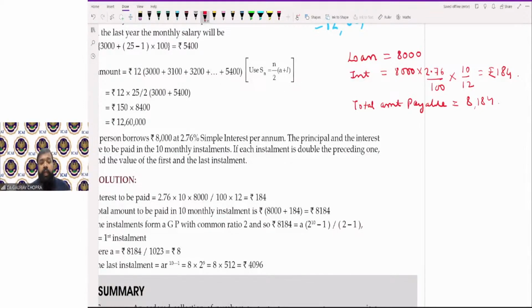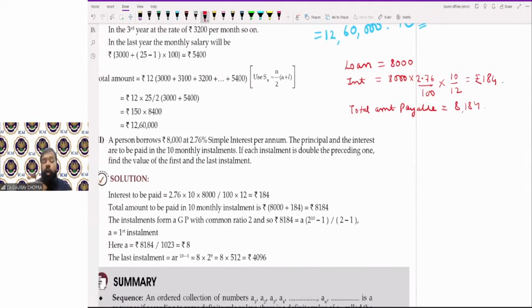नाउ अब हमारा नेक्स्ट स्टेप क्या है कि अब आपको ये टोटल अमाउंट पे करना है इन 10 इंस्टॉलमेंट्स। This amount is payable in 10 installments and these installments will form a GP। इंस्टॉलमेंट क्या फॉर्म करेगा? जीपी फॉर्म करेगा। और जीपी में क्या दे रखा है? कॉमन रेशियो। कॉमन रेशियो क्या है? इट इज डबल द प्रीसीडिंग वन, पहले से डबल पे करना है। दैट मींस देयर इज अ कॉमन रेशियो ऑफ 2, तो r इज 2। फर्स्ट टर्म इज नॉट अवेलेबल, ये आपको कैलकुलेट करना है। टेन्योर इज अवेलेबल, दैट इज 10।